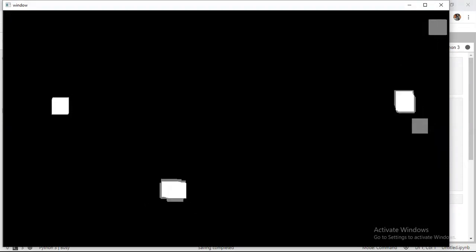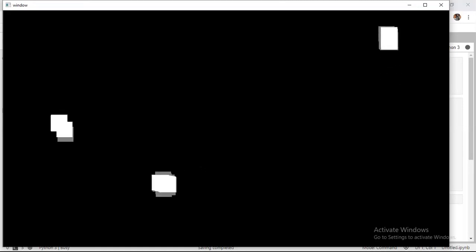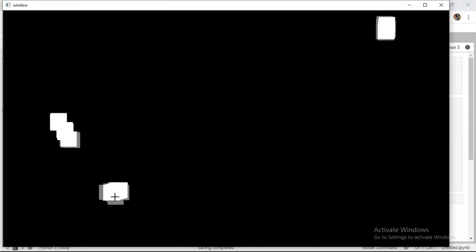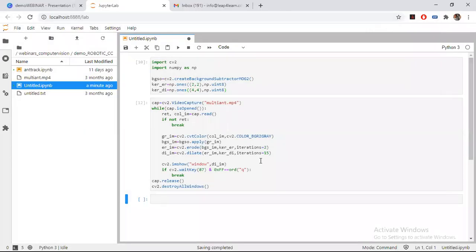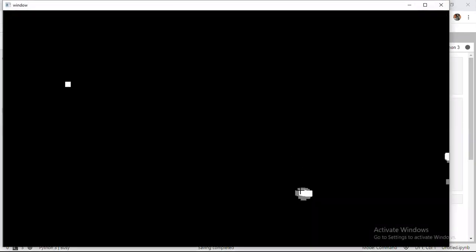But the problem is that we lost the structural integrity or the shape of the ant, and in our case, it is not relevant, because we only need to localize. We only need to find the position where these ants are. Maybe I'm going to go with 5 as my iteration count. The next thing, if I run this again, you can see there are grayscale intensity noises,